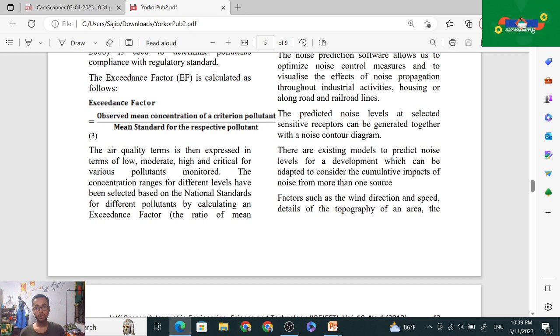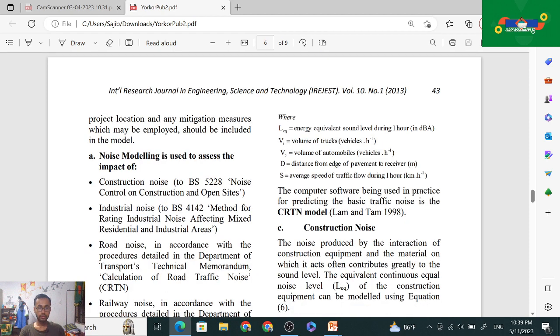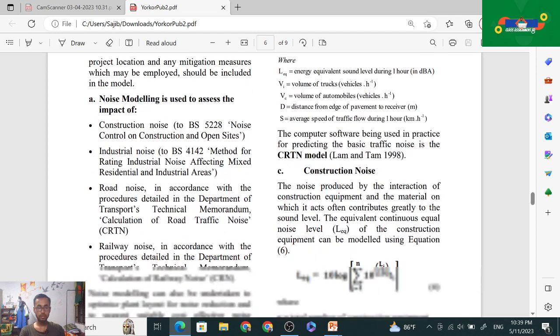There are existing models to predict the noise level for a development which can be adopted to consider the cumulative impacts of the noise from more than one source, and factors such as the wind directions and speed, details of the topography of an area, the project location, and many mitigation measures which may be employed should be included in the model. And noise modeling is used to assess the impact of construction noise to BS 5228, noise control on construction and open sites, and industrial noise, BS 4142, method for rating industrial noise affecting mixed residential